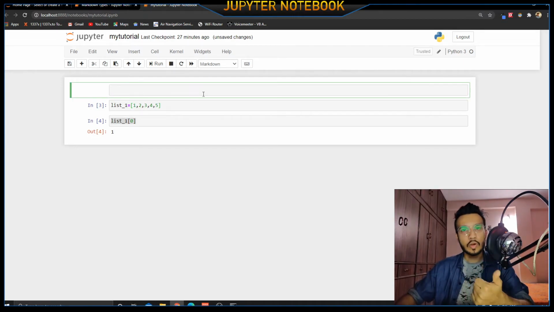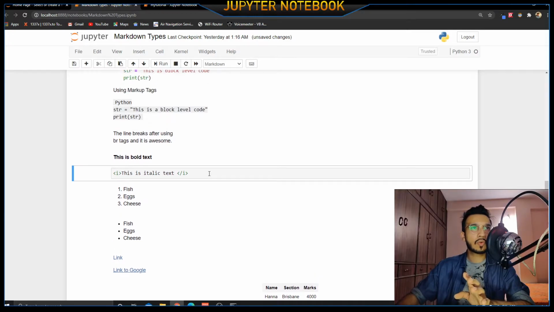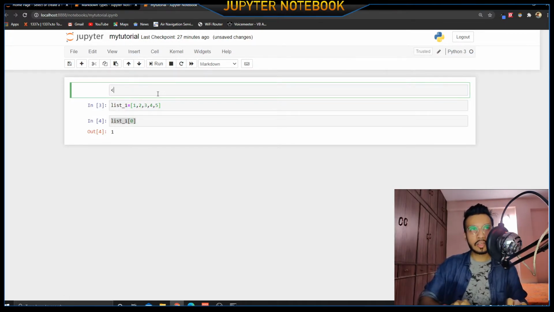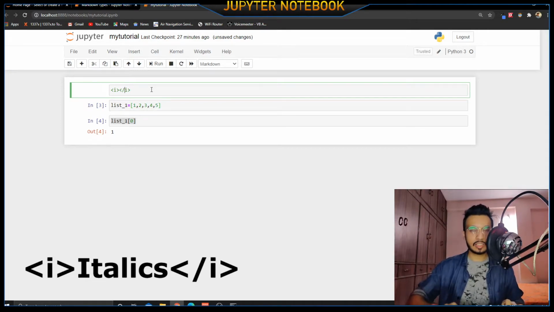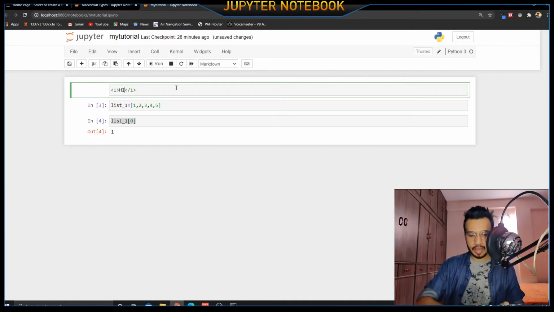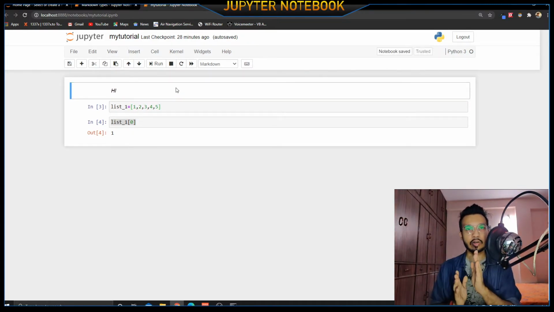Next, we're going to see the italic text. For the italic text, all we have to do is check the italic tag, and for the italic tag we have the markup, and that is the I tag. So less than and greater than I, and then we're going to copy this, paste it here, and then add a slash. Now if you type anything here, for example, let me just say hi, and I press Enter, the hi is a bit tilted. It tilts whatever text you give, and it makes it italic.